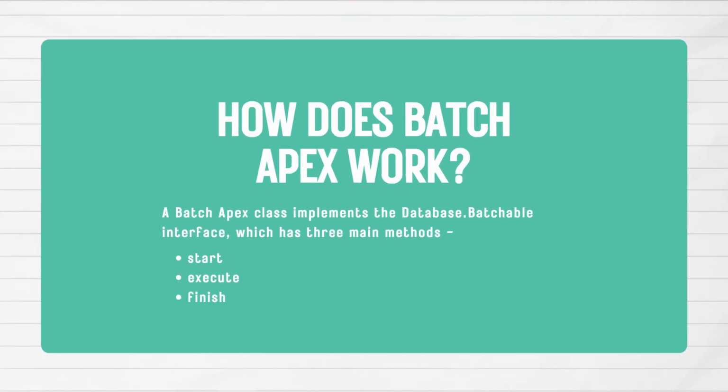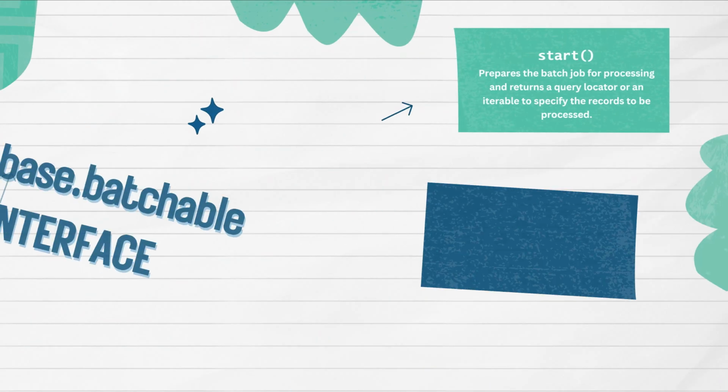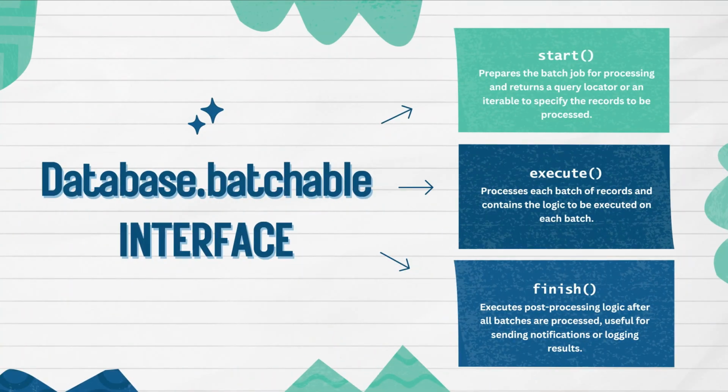A batch Apex implementation contains a class that implements an interface, Database.Batchable. This interface has three methods that we need to implement in our batch Apex class: start, execute, and finish. The start method prepares the batch job for processing. This is the first method that gets called whenever we call or execute a batch Apex class. This method returns either a query locator or an iterable object to specify the records to be processed in the